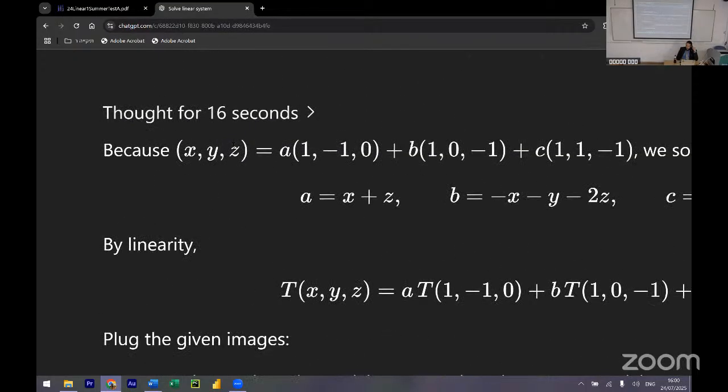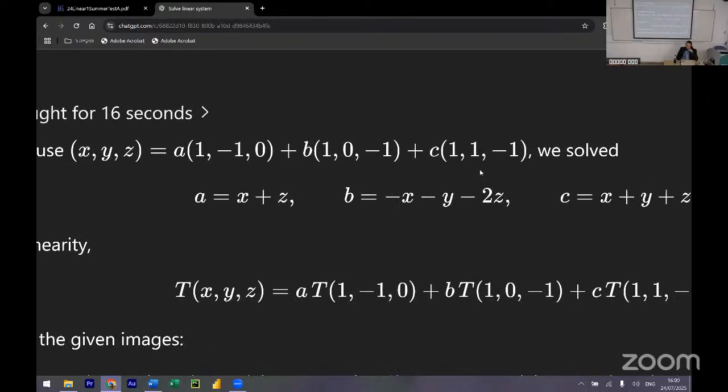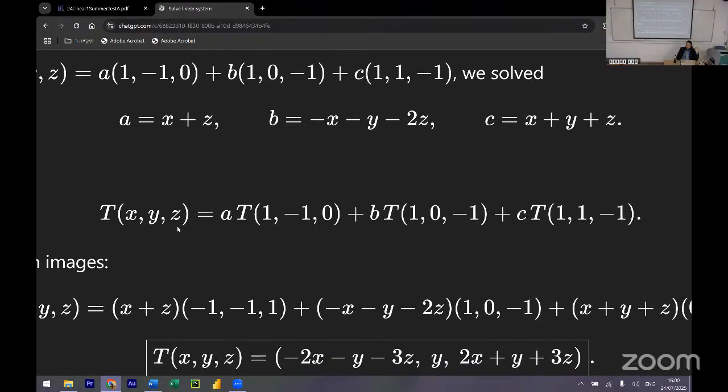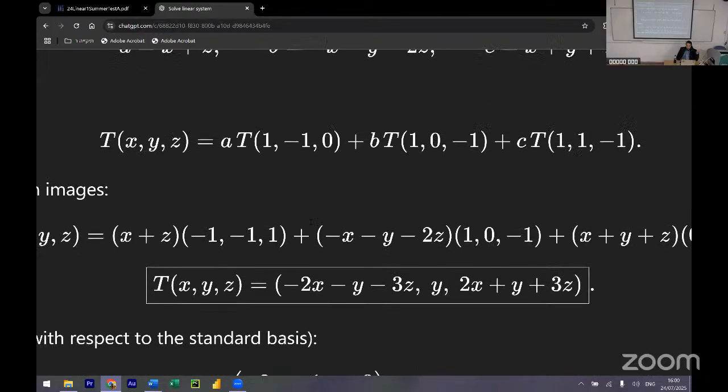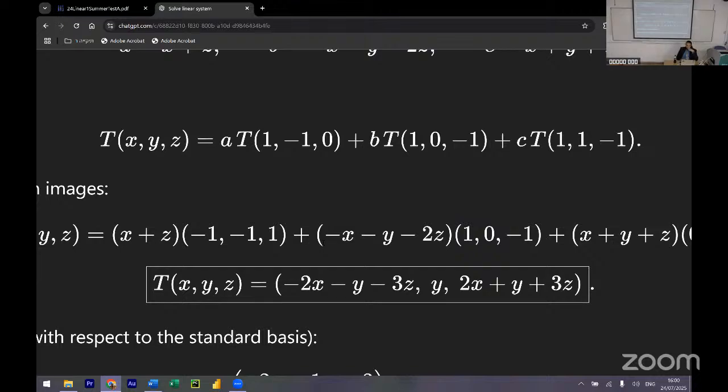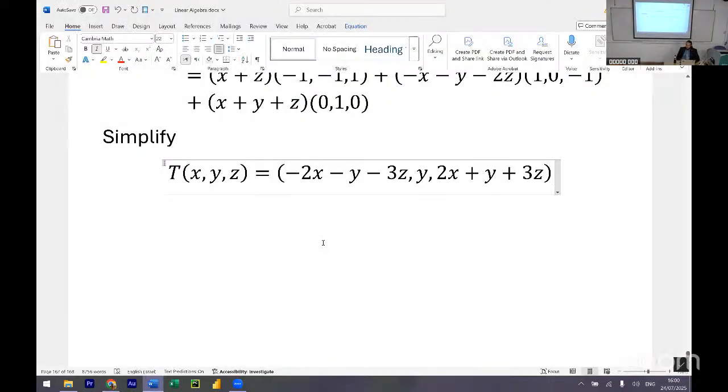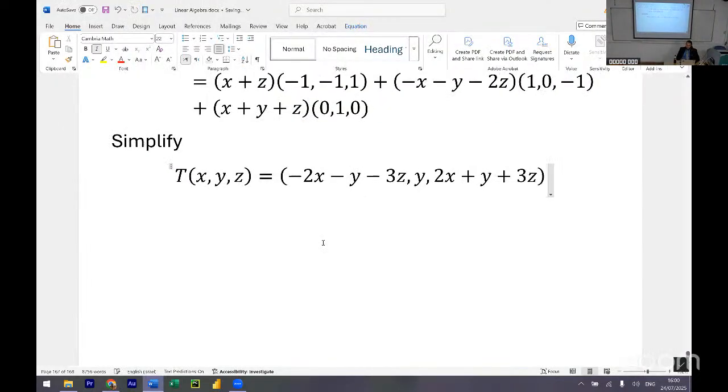He found the coordinates. Doesn't explain the way, but he finds the coordinates. Then he applied T, he plugs it in, and he solved the question. Okay? Yes, Thomas. And the way to make the matrix representation of the function, we just grab the values, the coefficients of these vectors, and just put them in columns.